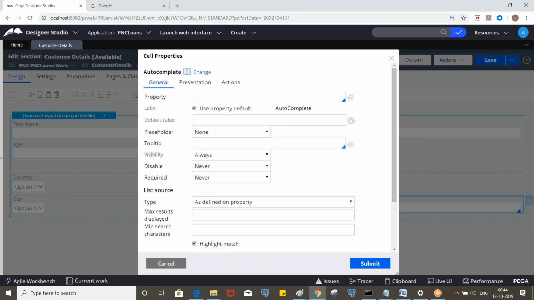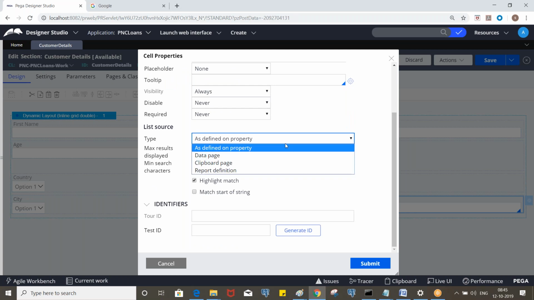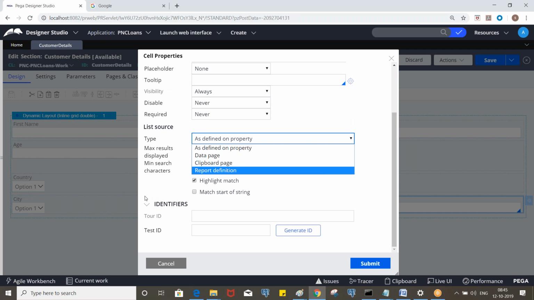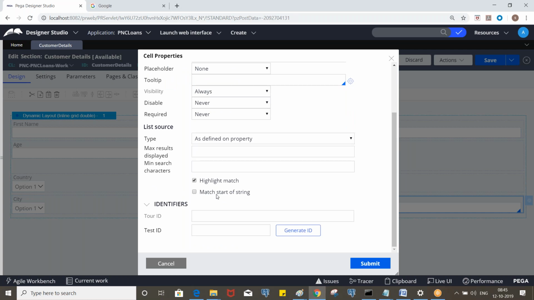For drop down, what are the sources we have? The same sources. Either it can be data page, report definition, clipboard. And here you see match minimum such characters. Let's say if you put 2, then if you type 2 letters, only then it will display the corresponding values.